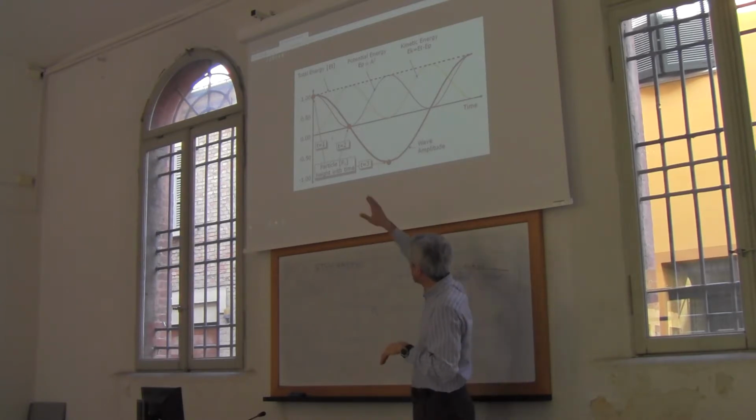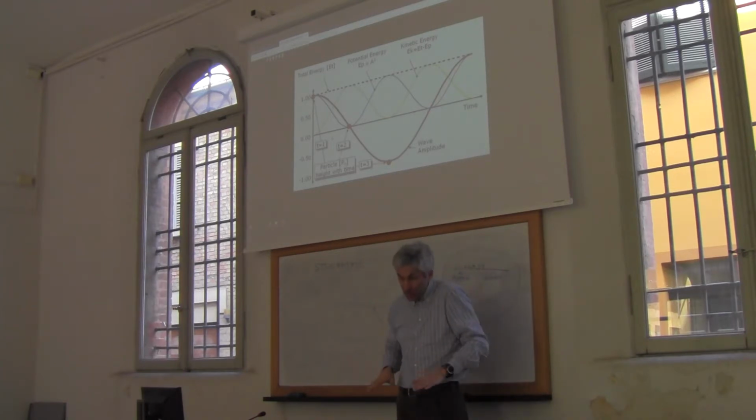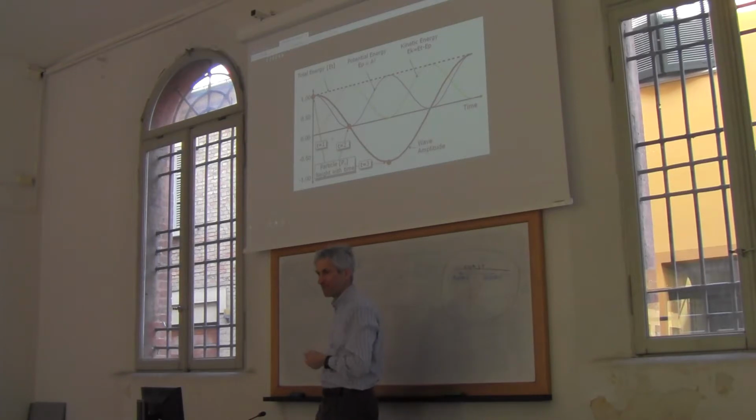Now, the particle goes down below the sea level and reaches the wave trough. At this stage, there is no movement. When you get to the lower part of the wave, no movement of the particle, no kinetic energy, and you have a max of potential energy. And this is difficult to understand, because we are used to relate the potential energy to position. So we understand that we get the max potential when the particle is up. We don't understand why we have again the max potential when the particle is down. Is somebody of you able to provide an explanation for this?